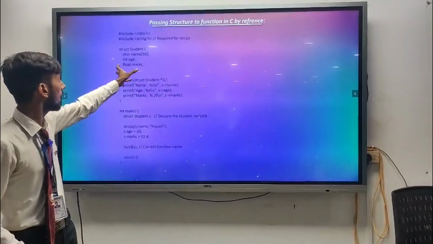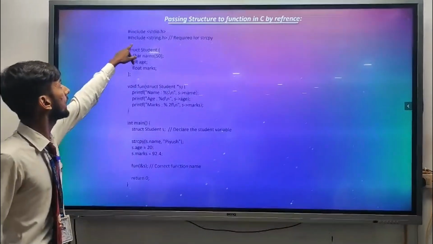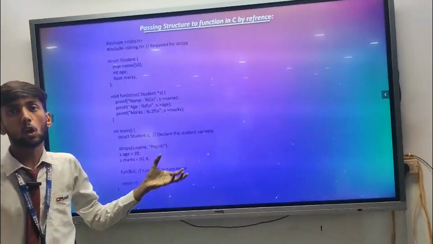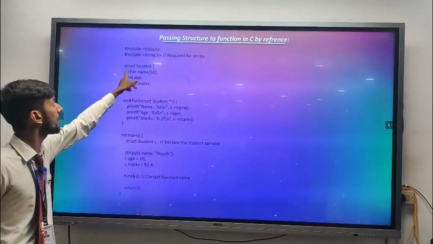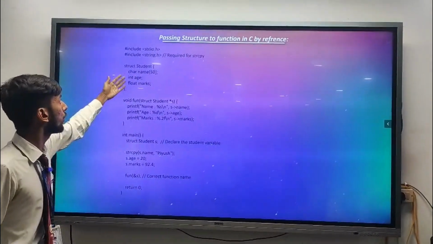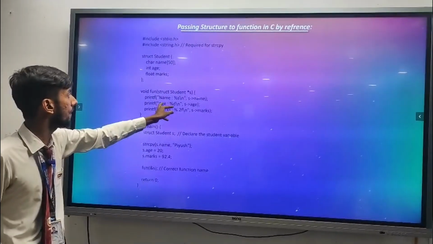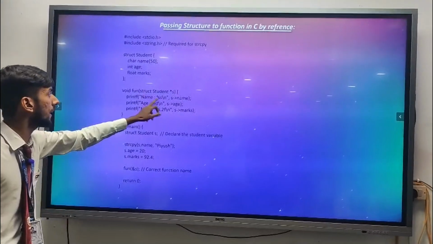So here is the example of passing a structure in a function by reference. You can see that I have included string.h, which is required for copying, and the copying function is strcpy. Here we have taken the student structure whose name, age and marks are given. We have also created a function so that we can access the values of name, age and marks.